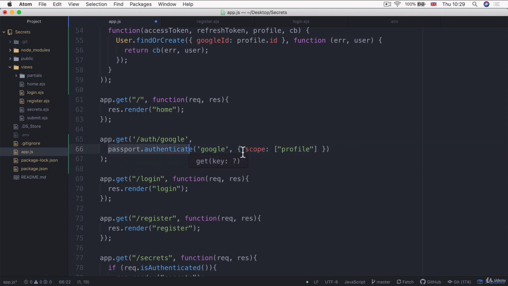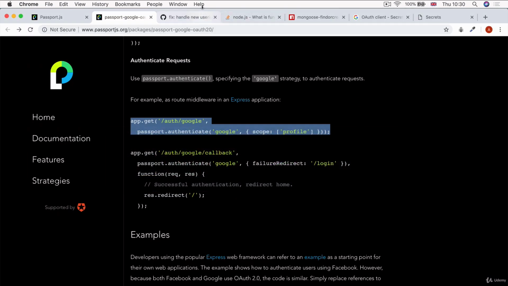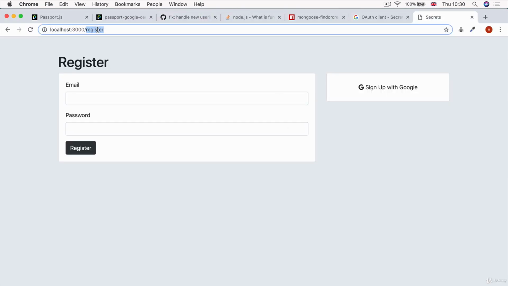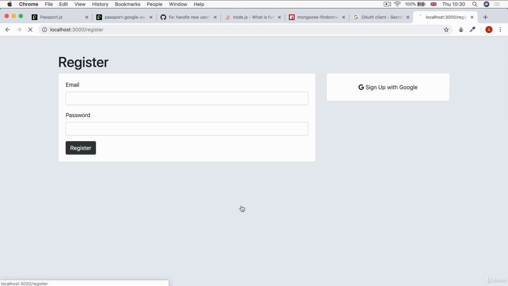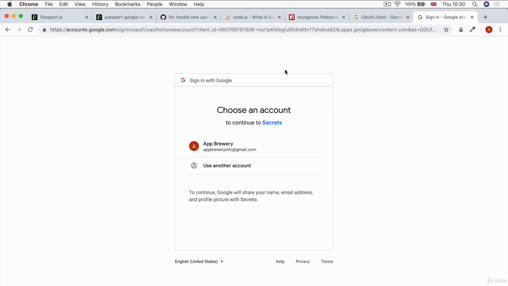And this line of code here should be enough for us to bring up a pop-up that allows the user to sign into their Google account. So let's go ahead and save our app.js and make sure that our server is still running. And let's go ahead and test it out on localhost. So let's head back to the home page, go over to register and click on Sign up with Google. And now you can see we get redirected to a page on Google itself, and we're able to log in using our Google account. So I'm going to select my account to log in, but then I get an error and it says cannot GET